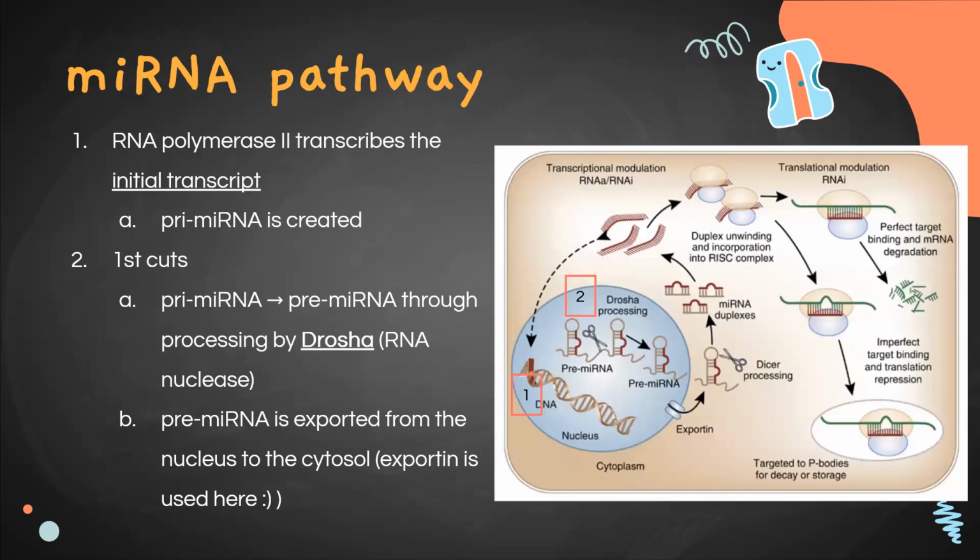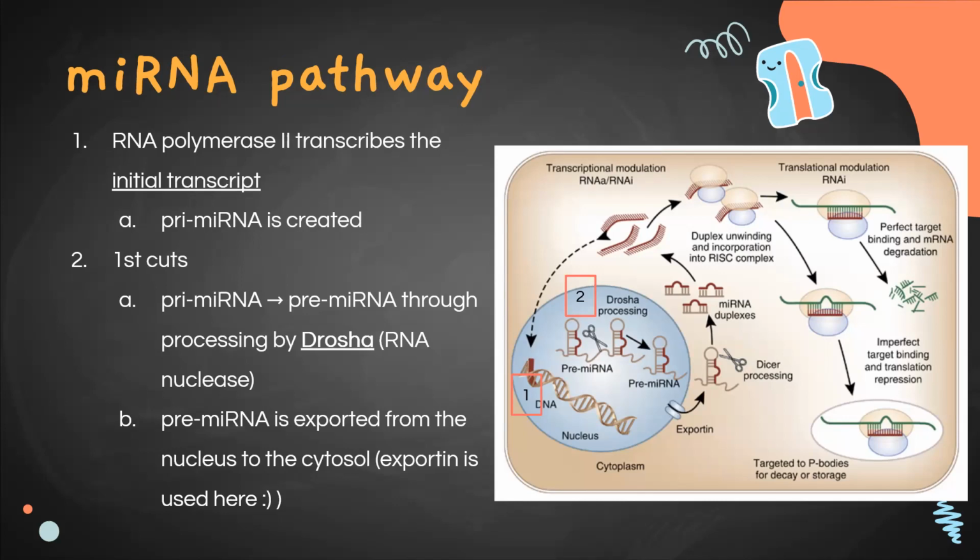And here's the pathway. So first, RNA polymerase transcribes the transcript. You can see in there, that's pri-mRNA. The graphic is wrong. This is pre-mRNA twice. I think it was wrong last semester too, but they never changed it, I guess. So yeah, pri-mRNA goes through Drosha processing that turns into pre-mRNA, and it goes through the exportin pathway, which you guys learned